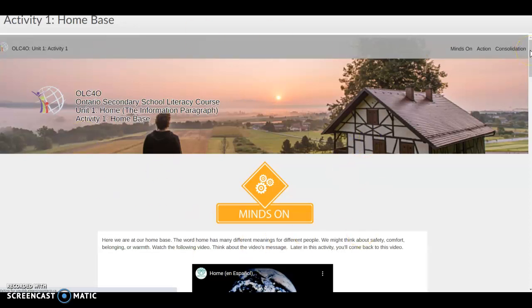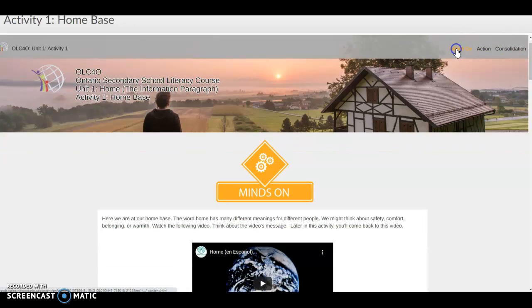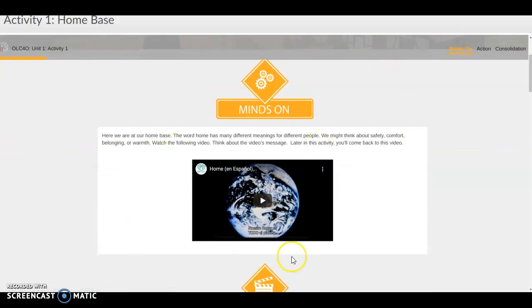Now, the second point I want to make about any of the activities that you're going to do this semester is that they will have three different parts. They'll have a minds on, an action, and a consolidation section. The minds on section is going to be somewhat of an introduction. It's usually going to have a video or some graphic text, something to grab your attention and introduce the theme